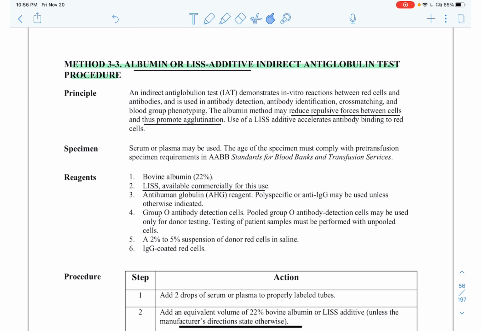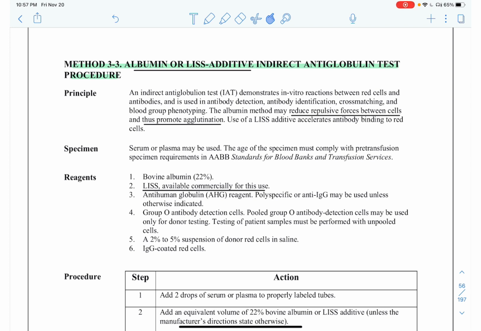Method 3-3 is albumin or Liss additive indirect antiglobulin test procedure. It's essentially the same thing as the previous method 3-2, where we talked about saline. Instead we're using albumin or Liss. So the principle of albumin or Liss IAT is it's an IAT test that demonstrates in vitro reactions between red